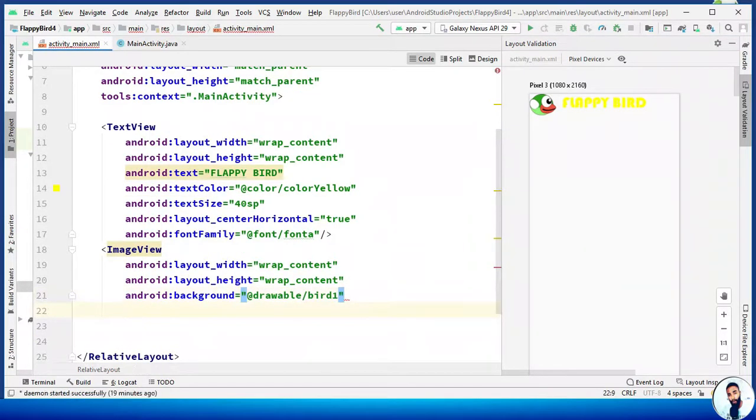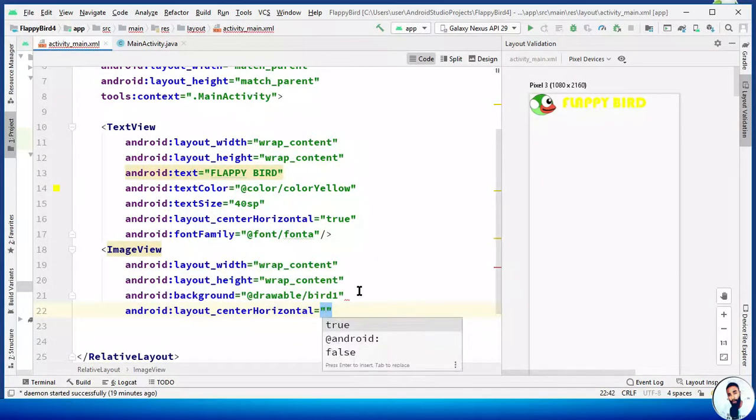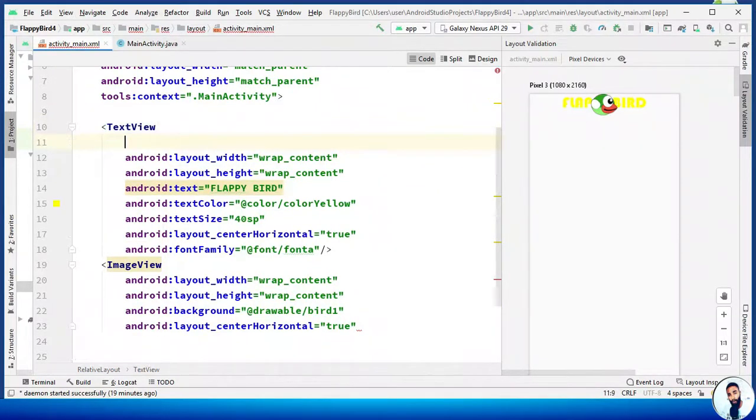So for that, I'm going to do center horizontal, set it to true. Awesome. We want the image view to fall below the text view. To do that, we have to specify the ID of the text view. Place your mouse right here, hit on your enter key on your keyboard, and I'm going to do